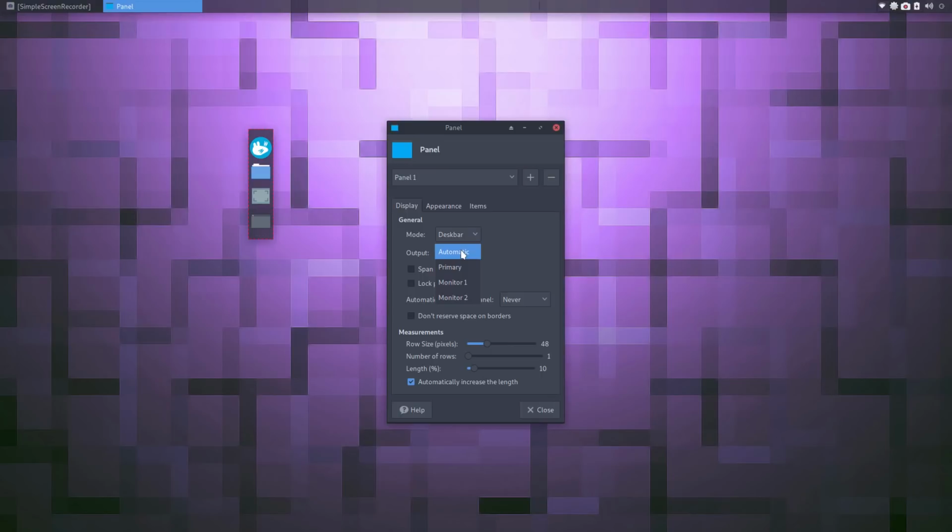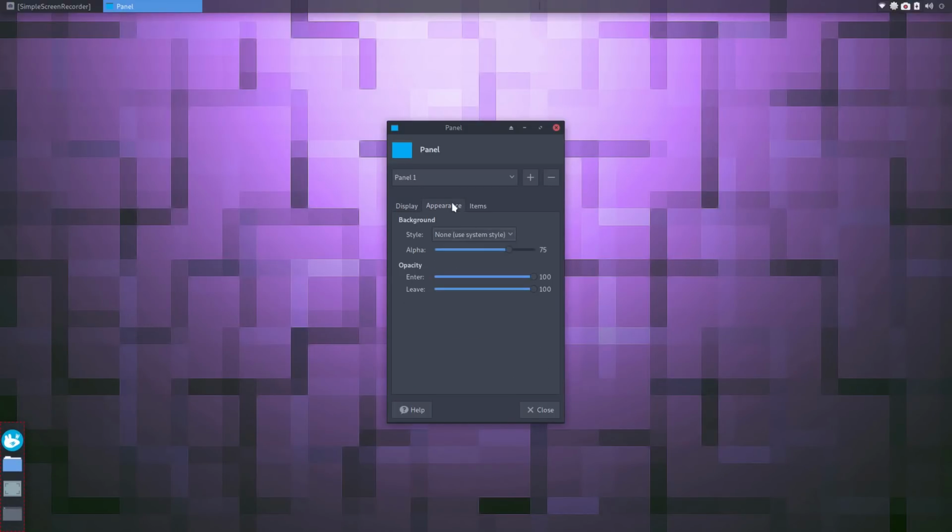And you could also set this up to use it automatically on all of your desktops, or monitor 1 and monitor 2. So if you've got a dual monitor set up, you can get very configured with this panel so that it only shows up maybe on your left monitor and not on your right monitor, for example. You've got an option here to span monitors. Now we're going to go ahead and drag this over,